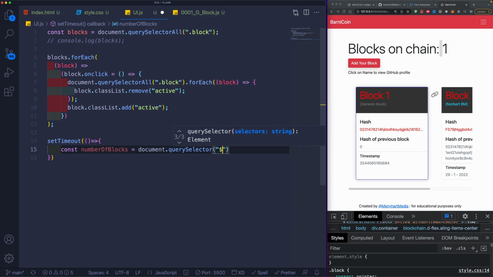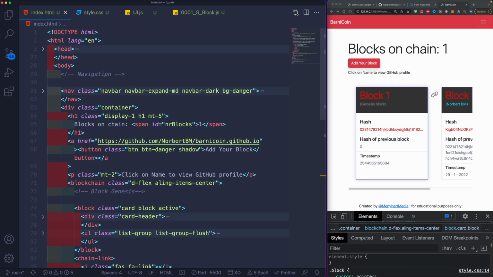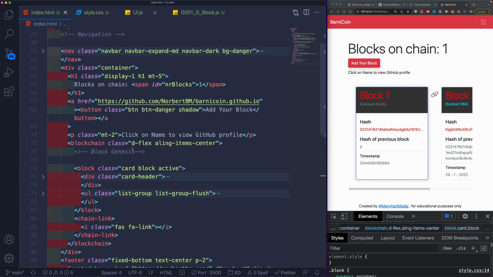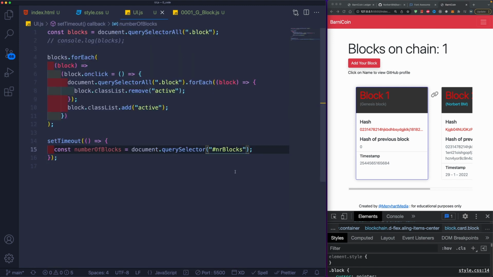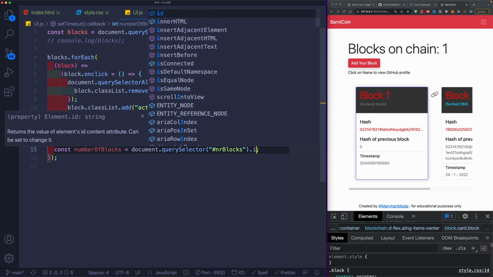So ID hash number of blocks. We created this ID right where we created the title, right here, number of blocks ID. So we're going to grab onto this inner text,